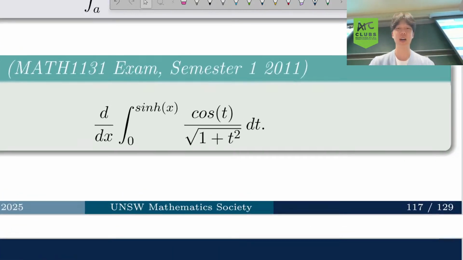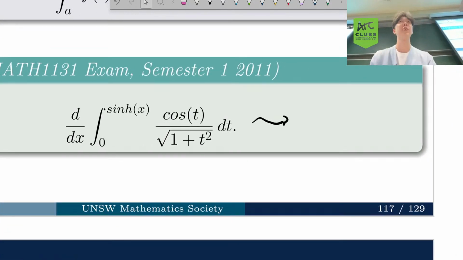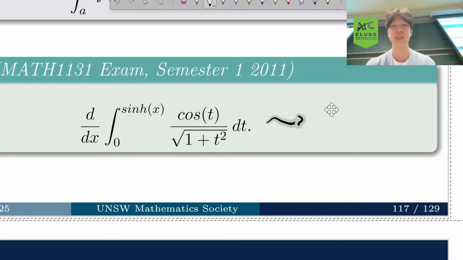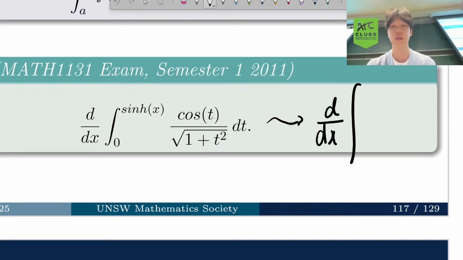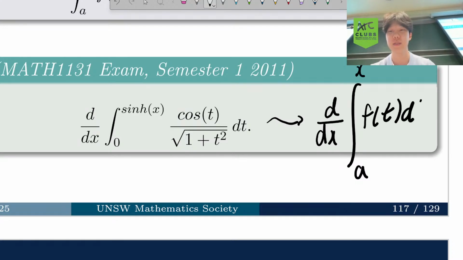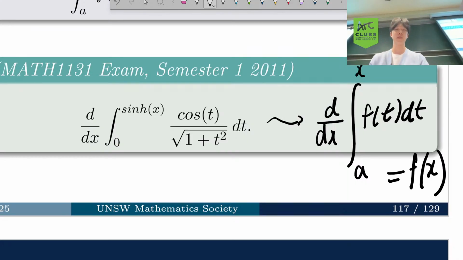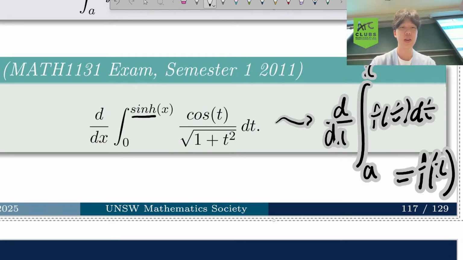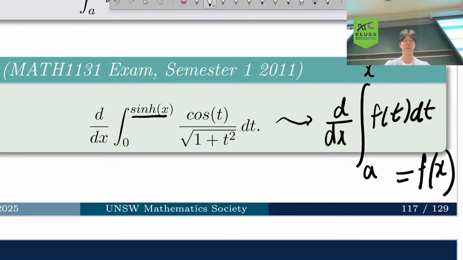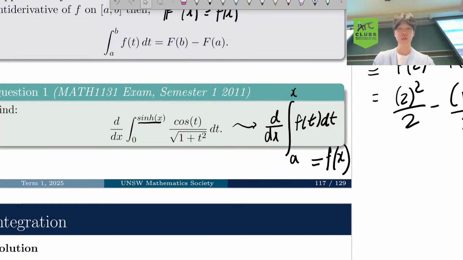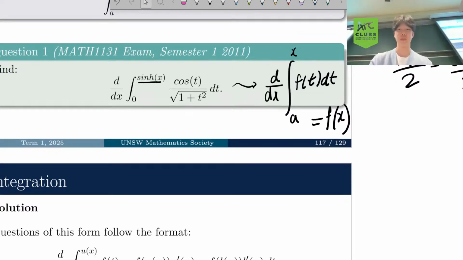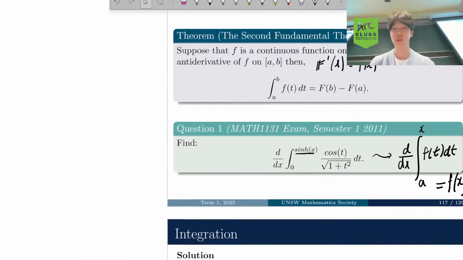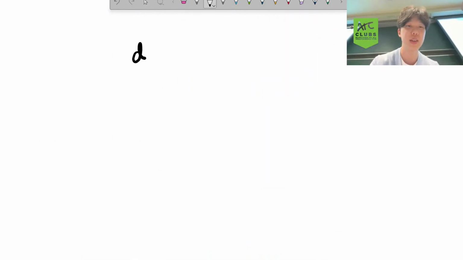So this kind of looks similar to our first fundamental theorem of calculus, right? Where we said the derivative of some, let's say some constant, a to x, f of t dt, was just f of x. Now it looks similar, except for the fact that we don't have x, we have a function of x. So that means we've got to change it to a function of x if we want to use the fundamental theorem of calculus. So I'll rewrite it here. So it's from 0